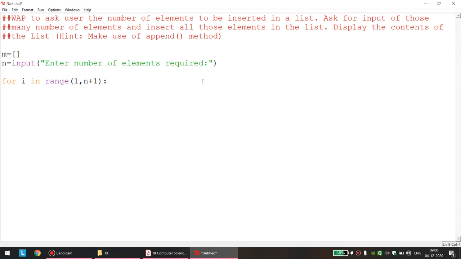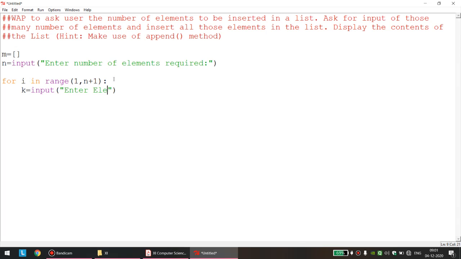Fine. Now we are very sure that our loop will work the required number of times, as the user is asking for the elements. Let us take the input of the elements. We have prefixed that the user will enter numerical input. So k equal to input,